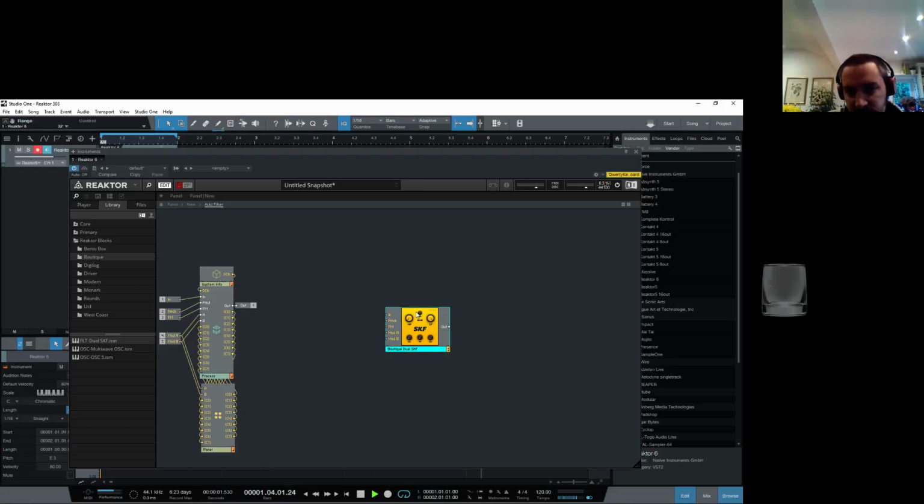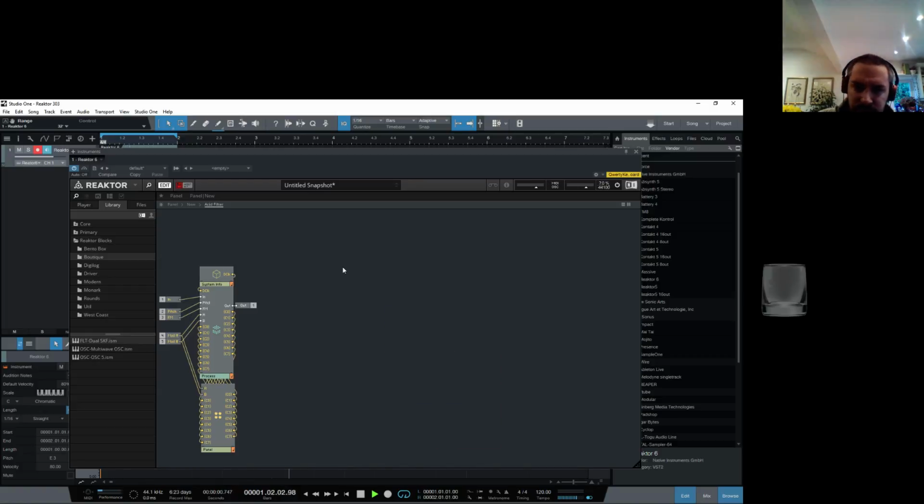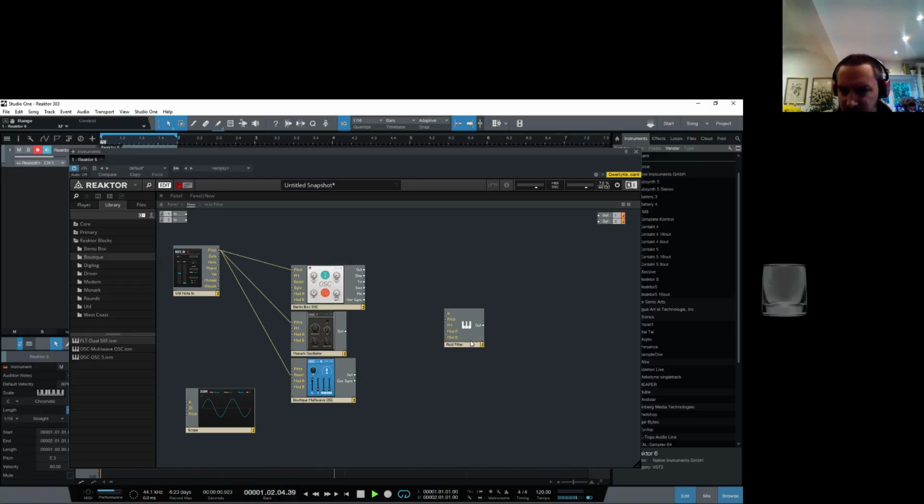Boutique. It's based on that filter. If you know Reactor blocks, you know that filter pretty well. And the reason it's based on that filter is that it has a high pass built into it, which does what we want to do in many ways to the sound. So we're going to put,